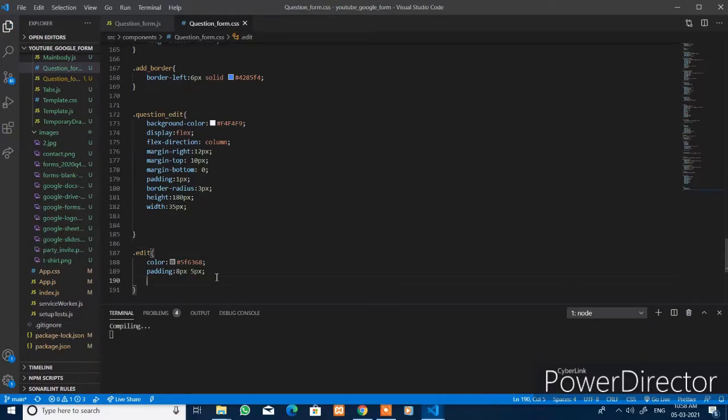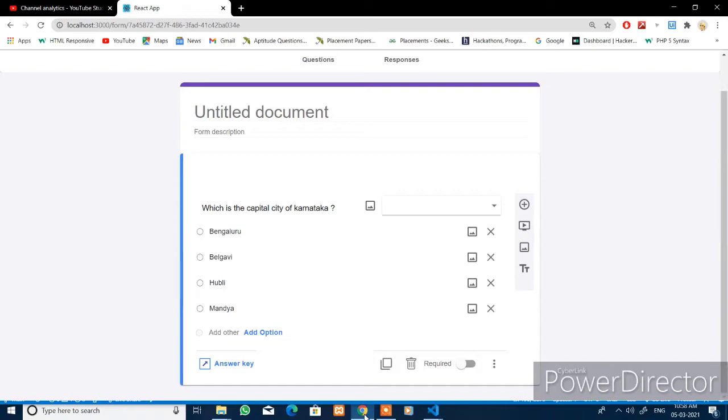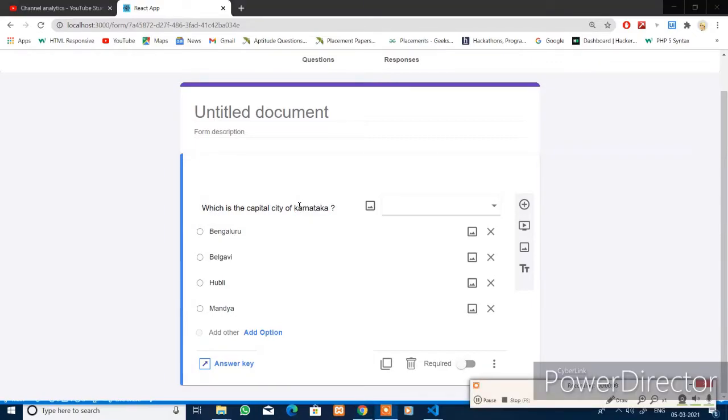Now save it, open the browser. Here you see all the four icons are beside the question card. Add the on change event to this input element. That helps to change the question that you have added here. Right, go to this code,